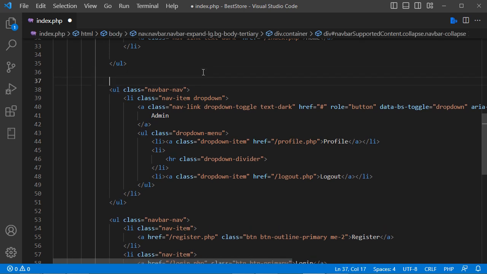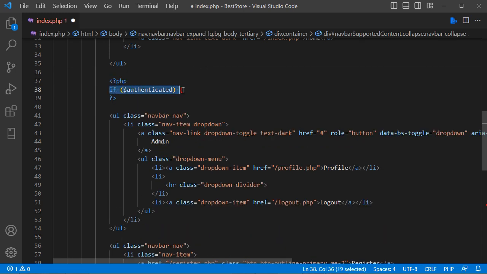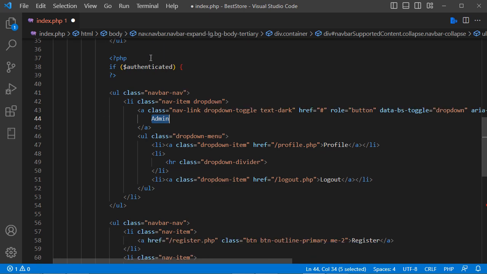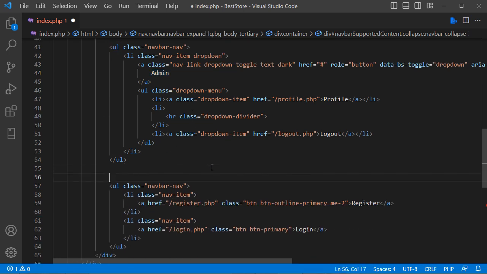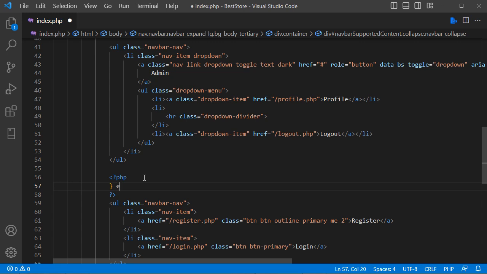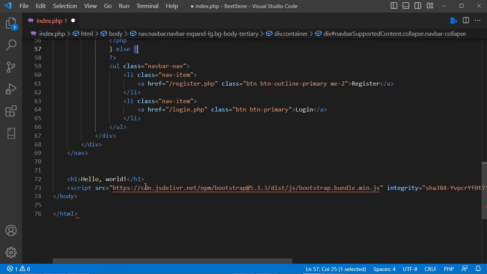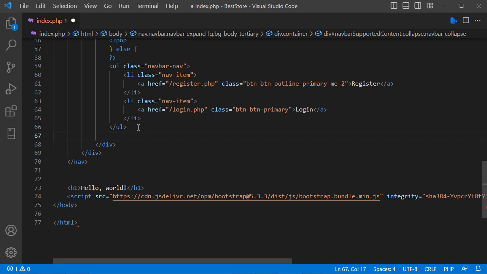So just here. So if authenticated is true, then we will display this drop-down list. So the condition starts here, and we need to close it here. Then let's add else. So we open the brackets here, and we need to close it after the UL element. Let's save the file,